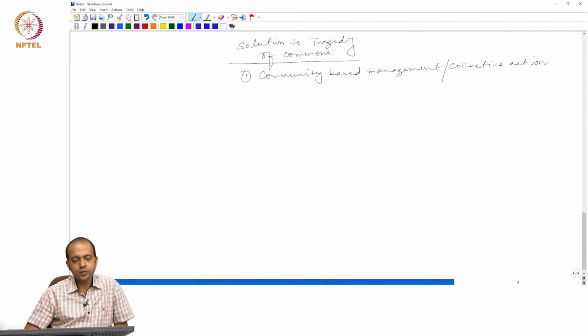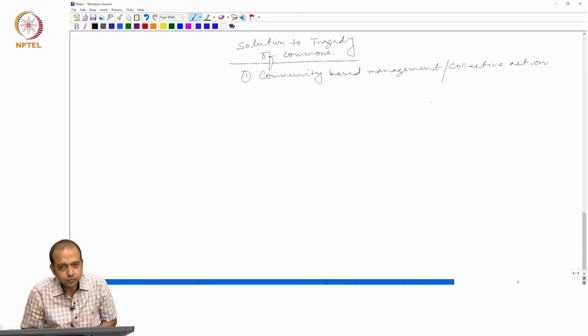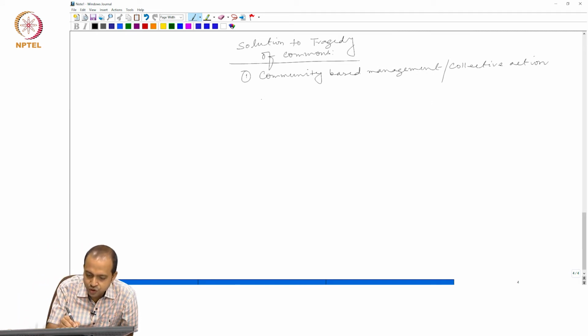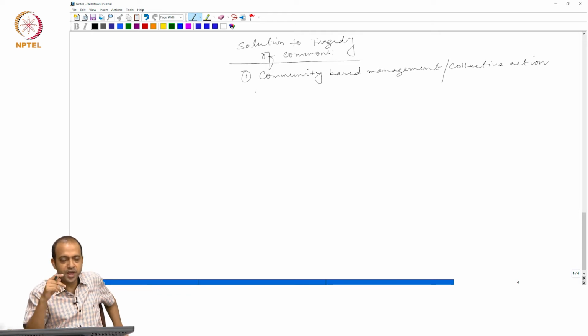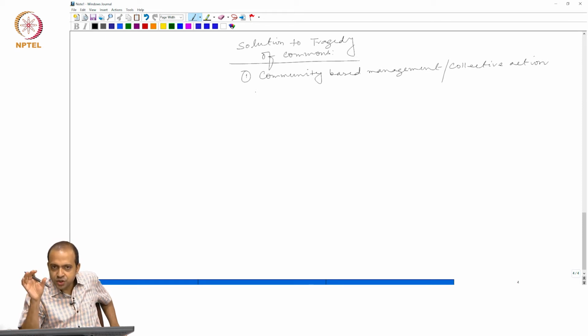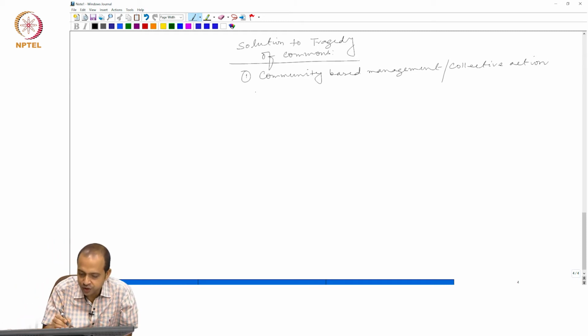See, the problem of this common pool or open access resource is basically lack of any institutional arrangement which can actually decide about the rate of extraction. Everyone and anyone is allowed to extract at whatever rate is suitable for a particular harvester. So, lack of institution is the major source of this type of externality in the context of common pool or open access resource. Now, sometimes these resources are managed by the local community. The local community, what do they do? They basically, the local community